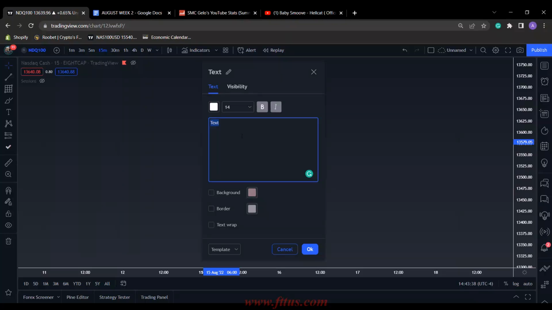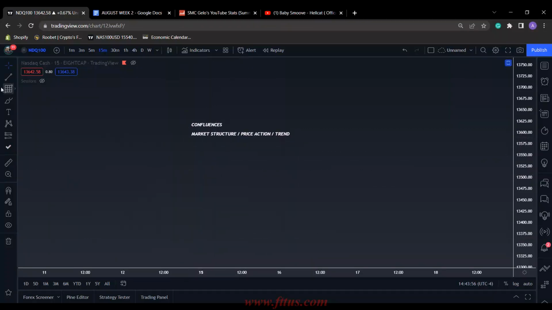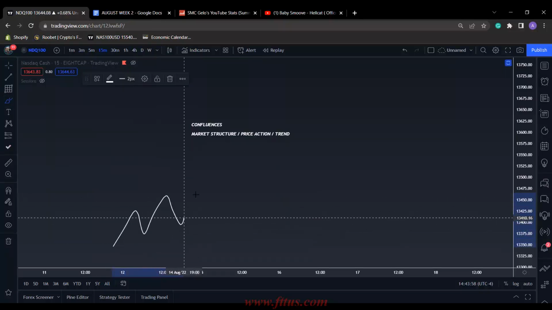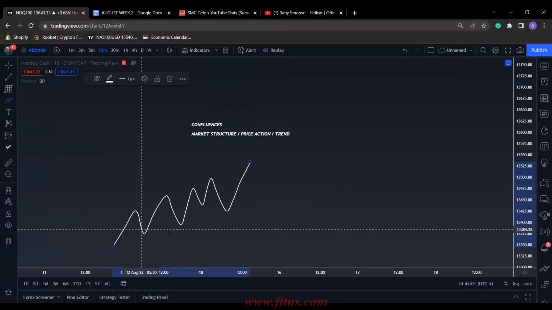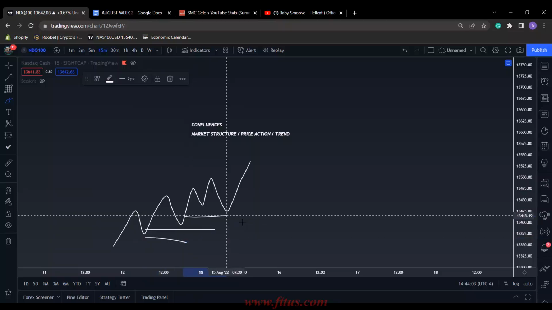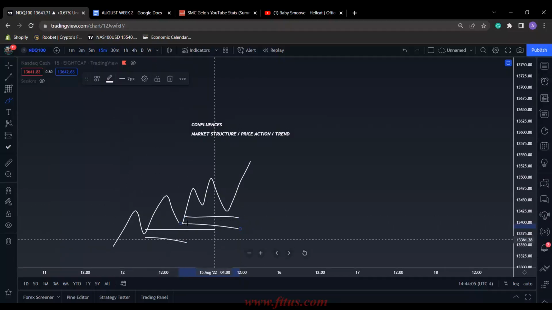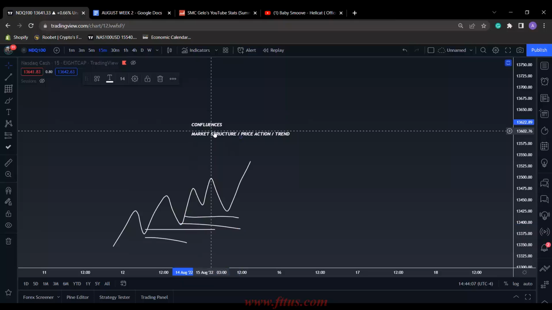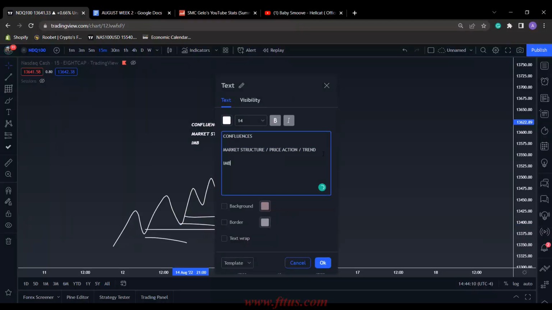So for confluences, what we need to look at, to start off, is market structure, price action, and trend. We'll make these all one: market structure, price action, and trend. When the market is going up, you want to be looking for buys in these areas, in these demand zones. You also want to be looking for gaps in the market, imbalances,